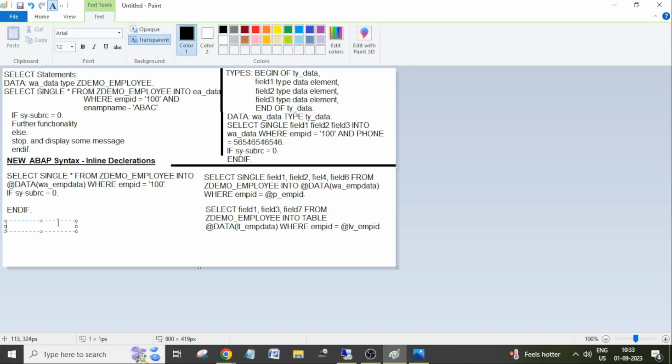Can we use that already defined work area in the inline declaration? Select field 1, field 2, field 3 from